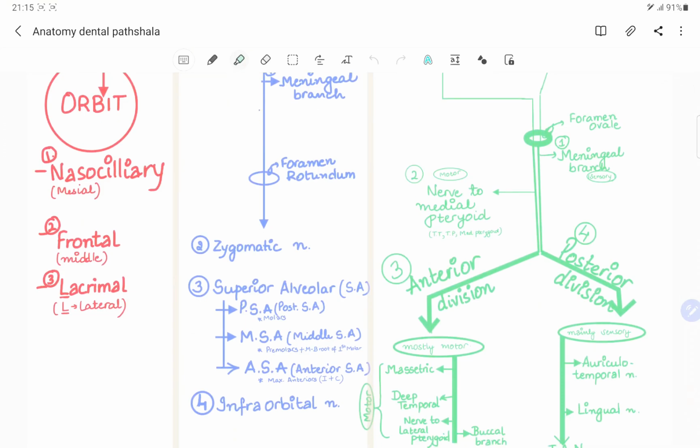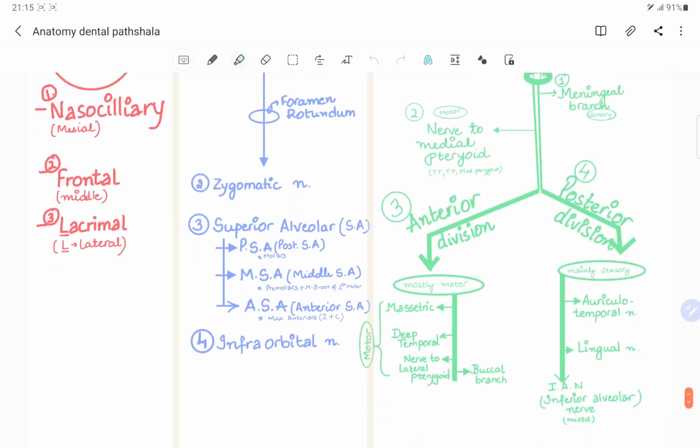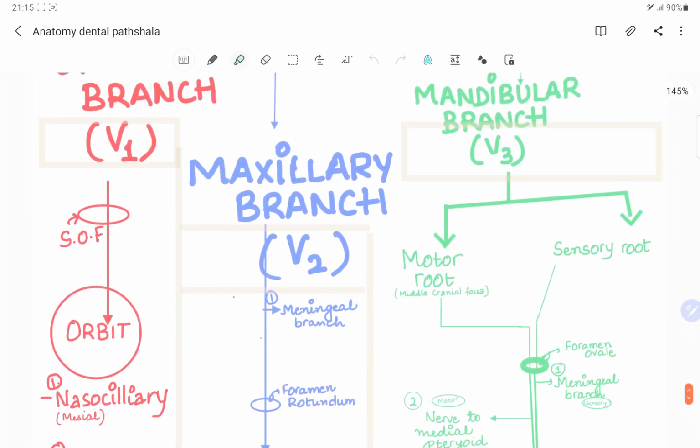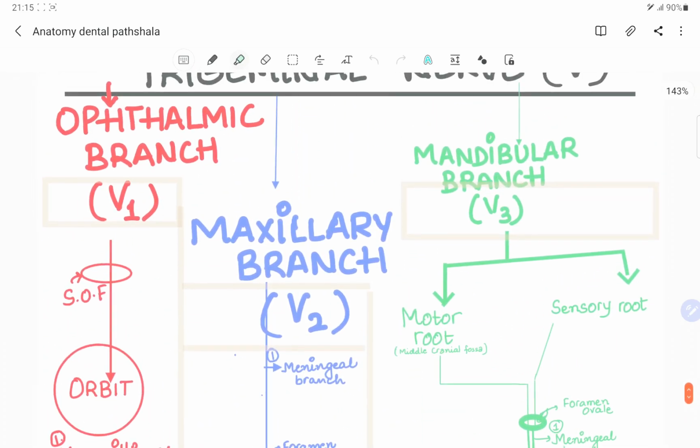Before going into the infraorbital foramen, it gives off the PSA branch, the posterior superior alveolar branch. It also gives off the middle superior alveolar branch, which supplies the premolars and the mesobuccal root of the first molar, and the ASA, the anterior superior alveolar nerve, which supplies the maxillary anterior teeth, and then it gives off the infraorbital nerve. Now talking about the mandibular branch, guys, the ophthalmic and maxillary branches are total sensory roots of the trigeminal